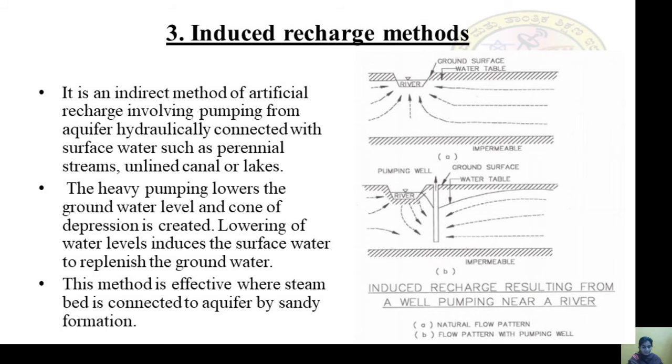This method is effective where the stream bed is connected to the aquifer by sandy formation. This is about the induced recharge method.